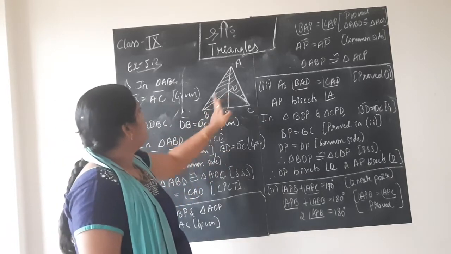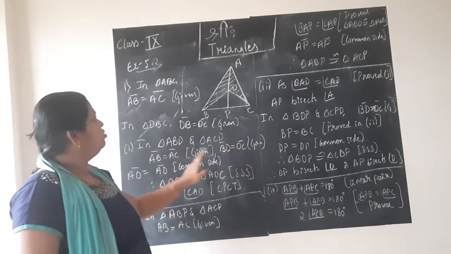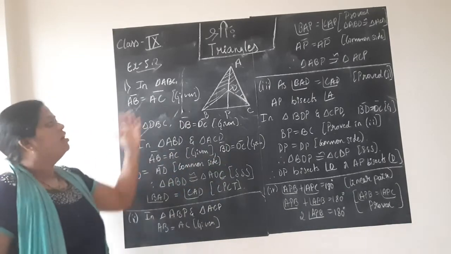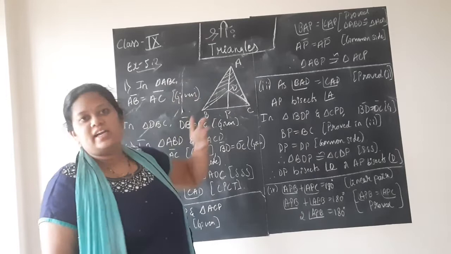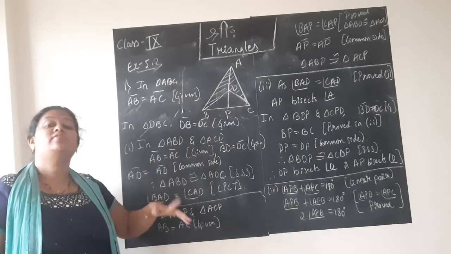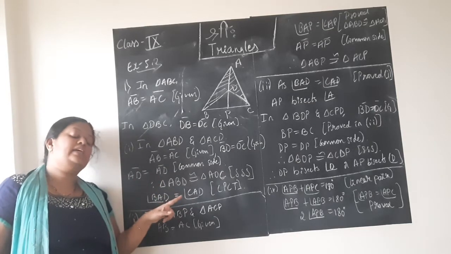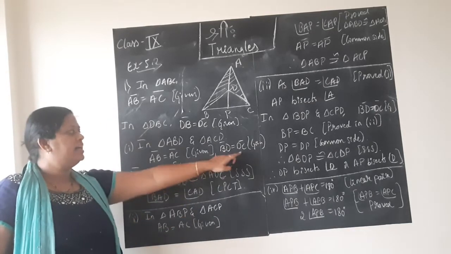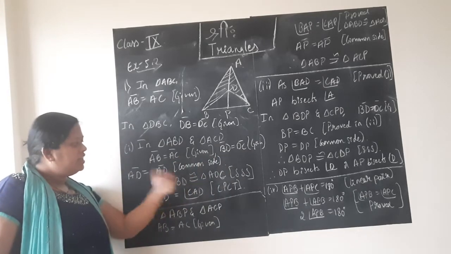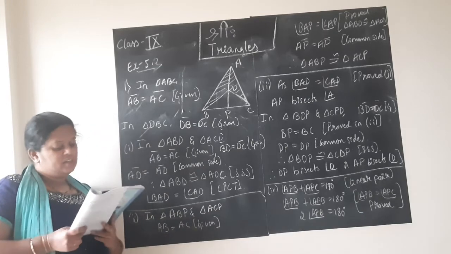Similarly, BD equals DC, that is also one more thing given. So two sides are equal, we proved. Of course, the third side AD is common, no? Yes, so AD equals AD, common side, children. Hence we proved all three sides of the first triangle are equal to the three sides of the second triangle, which means by SSS congruency, triangle ABD is congruent to triangle ADC. Finish. That's all, children. So we proved.